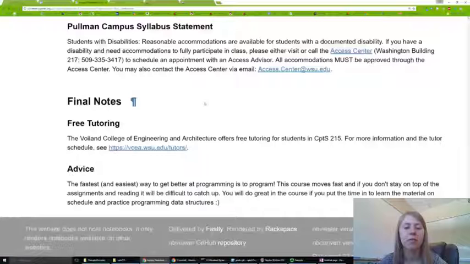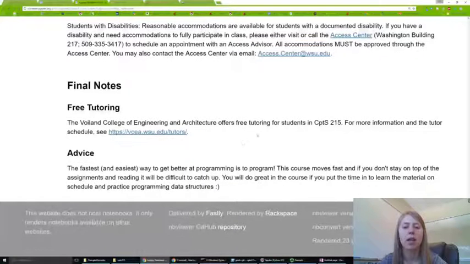Final notes, if you are in Pullman, there's free tutoring for students in computer science. There's a link here to that offering. And of course, my advice for being successful in this class is practice, practice, practice. You've taken computer science classes before. You know that you don't learn to program by reading about programming, by listening to someone tell you how to program. You really have to have your hands and your fingers on the keyboard. It's very important. So my advice is to keep practicing,